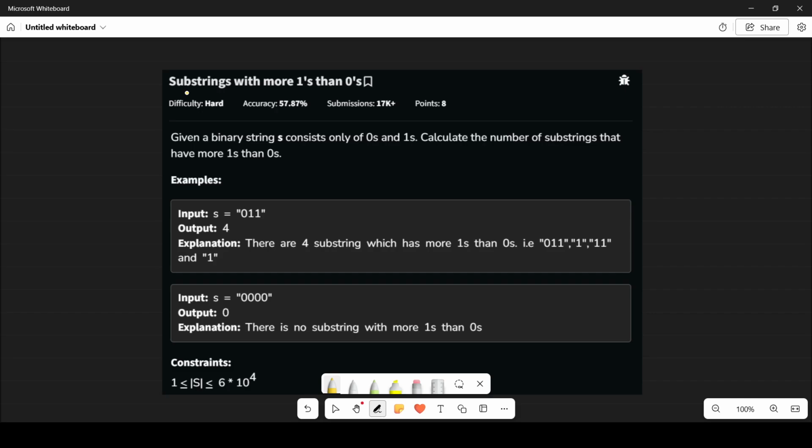I am Aniket and today we will discuss a question from GFG, that is substring with more ones than zeros. So let's read the problem. Given a binary string S consisting of zeros and ones, calculate the number of substrings that have more ones than